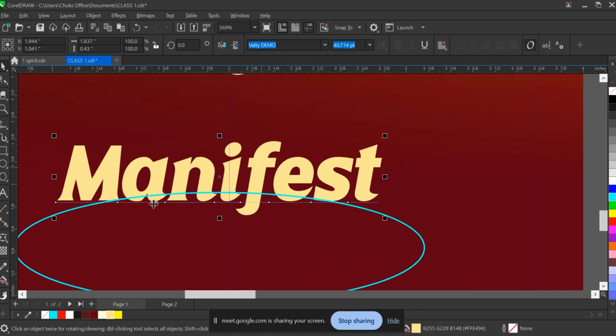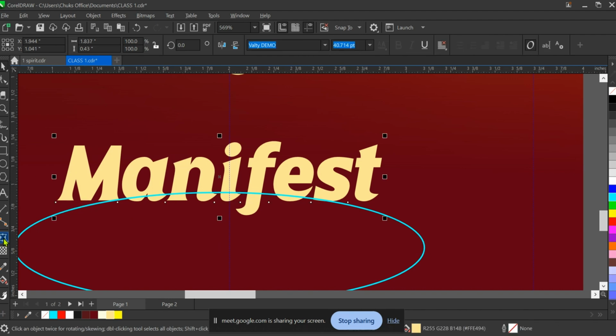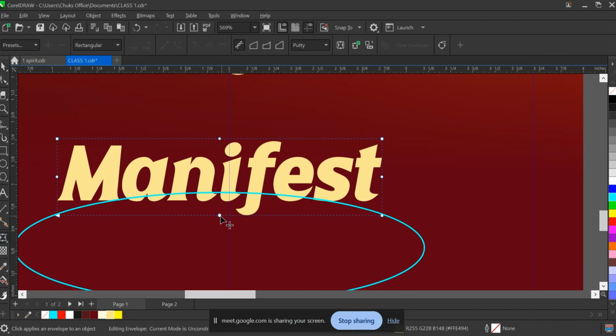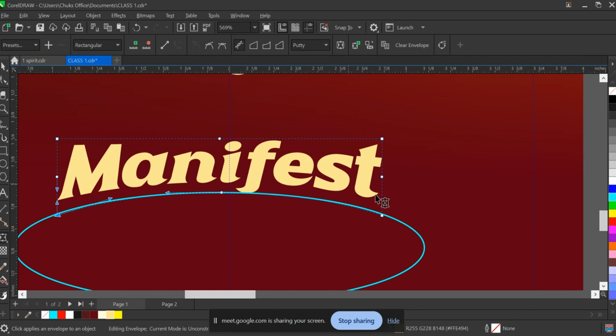Just by selecting this and I drop this is where I want to cut through, for instance. Then I select this. I will come down to this place, see shadow, see contour, see blend, see distort, see envelope. What I need is envelope. I'll select envelope. Then when I select envelope, I can come here and pull this one to this place. I can adjust this one. I'm adjusting this text along this line. I want to adjust this thing along this line, but this time around,